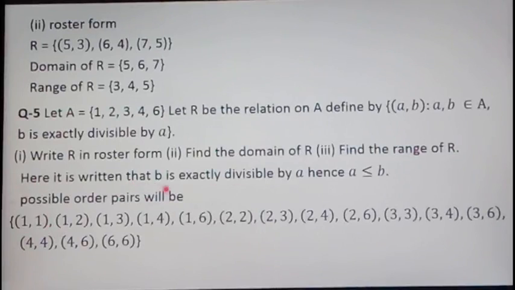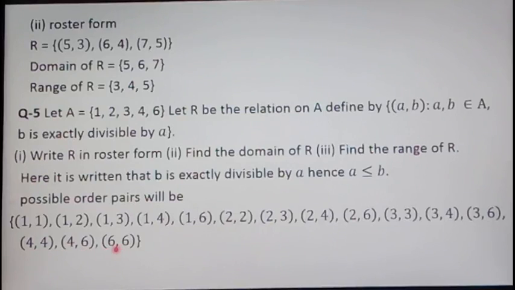Here it is written that b is exactly divisible by a. Hence a must be less than or equal to b. Possible ordered pairs will be, we will write down a equal to b and a less than b type ordered pairs. Then it will be (1,1), (1,2), (1,3), (1,4), (1,6). Then (2,2), (2,3), (2,4), (2,6). (3,3), (3,4), (3,6). (4,4), (4,6), (6,6). These are